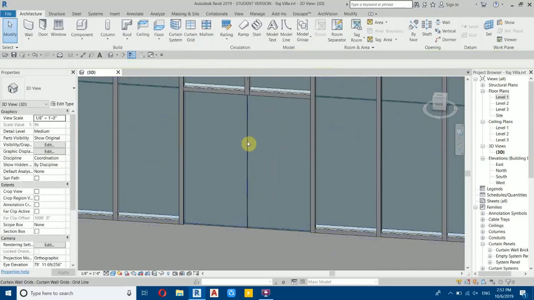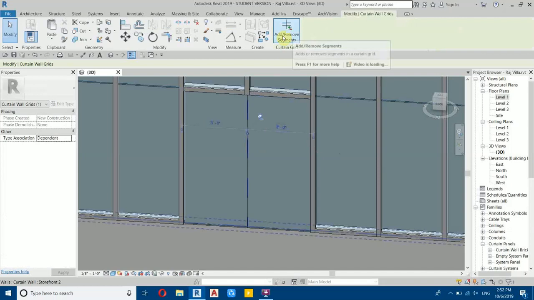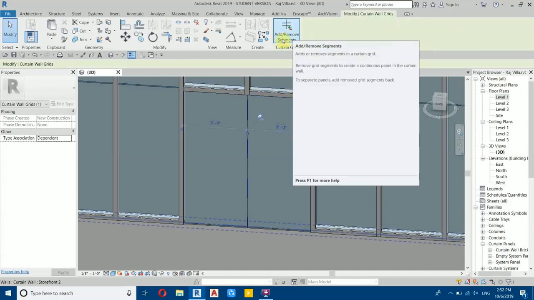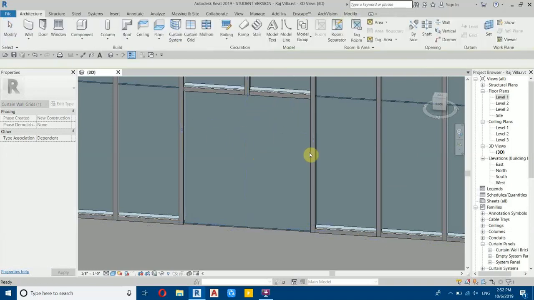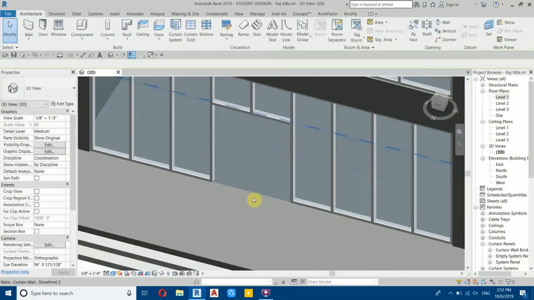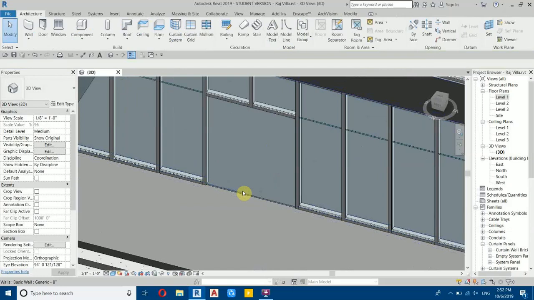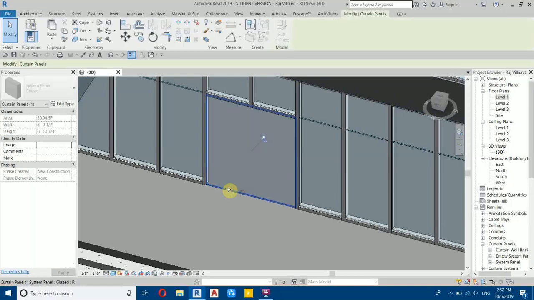And for this one we need to remove this grid because we want to add a door here. So select this grid and then add segments here, add remove segments, click on that and then just select this grid line and it will remove that here. Now we can place the door on this panel. So this time you need to press tab key couple of times and it will highlight the curtain wall panel. Select that,